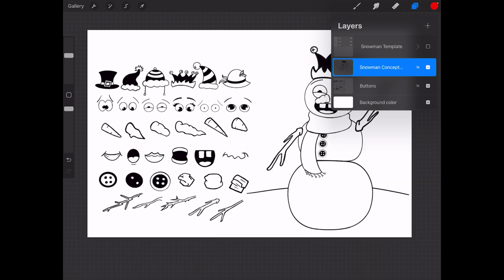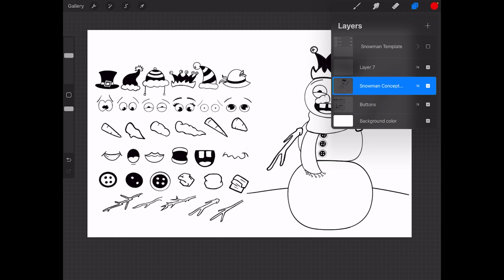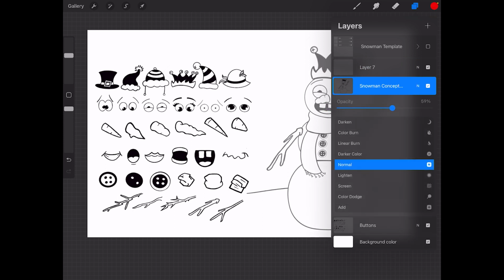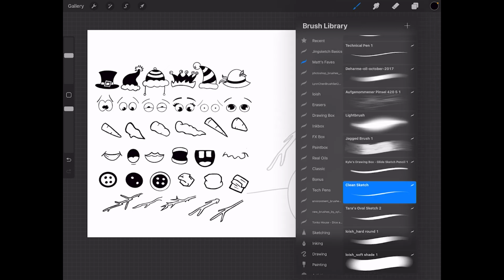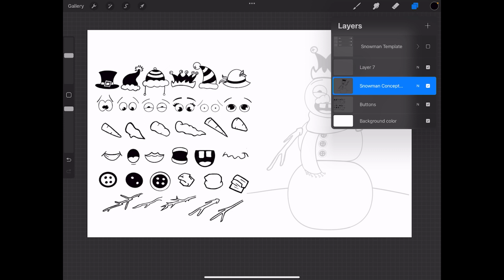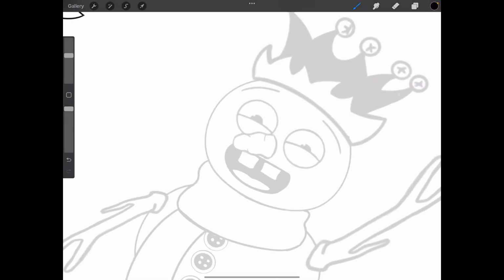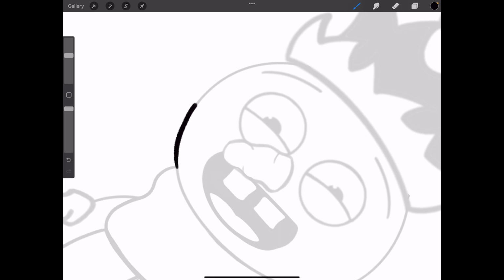What I would do, as part of my own general practices normally, is create a new layer above that one. I would take this layer and drop the opacity down real thin. And then I would grab a dark pencil and go over it, and I would just start tracing that on the layer above. I was just making sure that I had the right pencil tip there. And then I would start going in and say, okay, now I know I'm going to have this uniform thickness